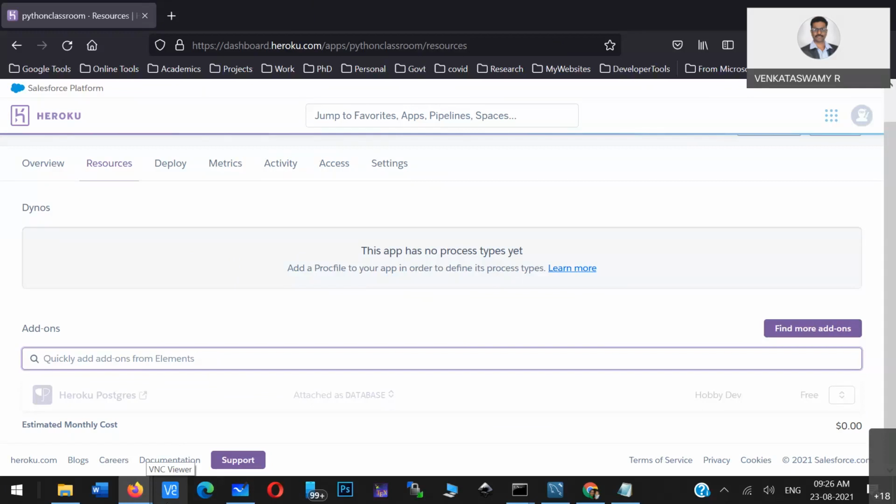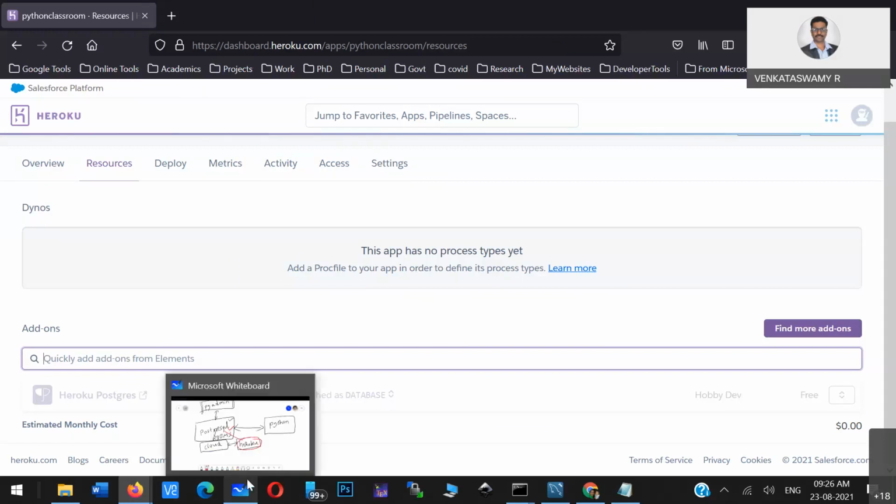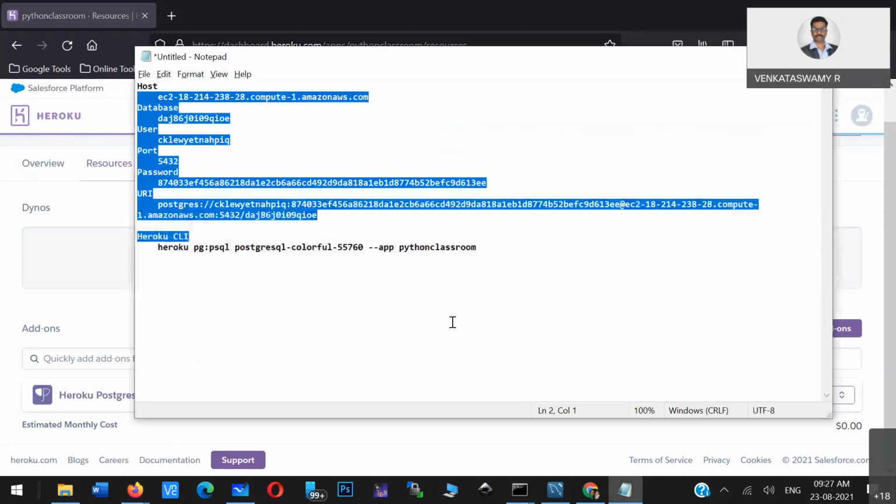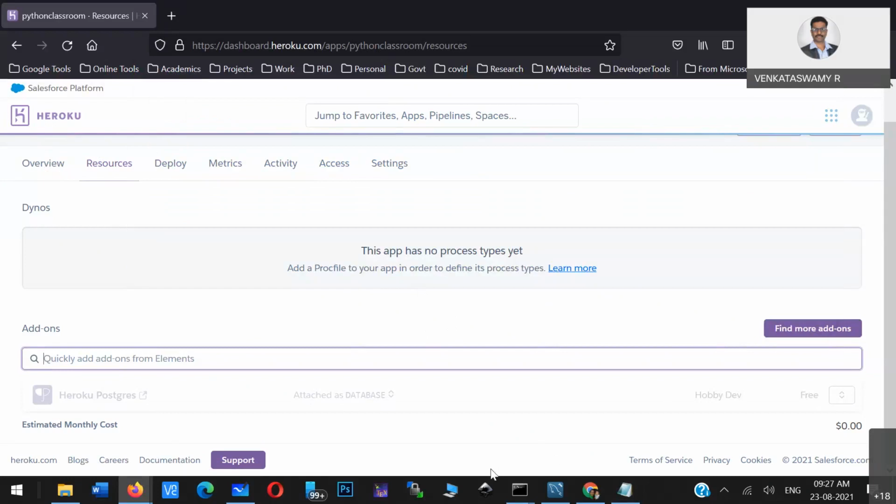without monitoring the applications. All those things happen, so you have to use cloud services carefully. It is pay as you go, so if you don't monitor carefully, they will deduct the amount from your credit card. But here in Heroku there are no such problems; you have a free subscription. That's why I prefer this. Those who want to explore cloud services, Heroku is the best place to start. So now you have created a Heroku database.